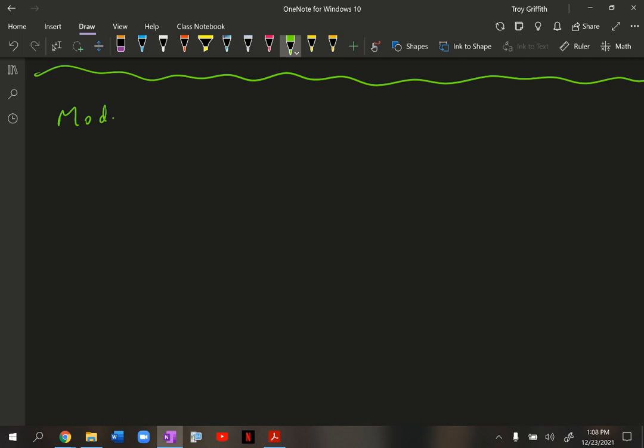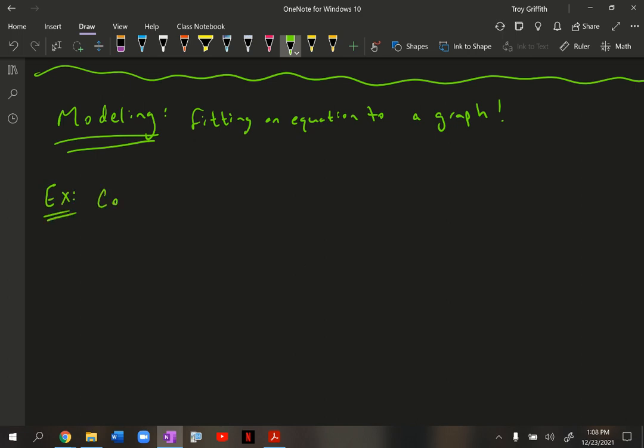We are going to call this modeling. Modeling is typically when you look at a graph, you look at some sort of data, and you try to come up with an equation that fits that data. Okay, so fitting an equation to a graph, essentially. That's a very elementary definition for modeling, but that is exactly what we're going to do here in this problem. So here's what we're going to do. We are going to come up with the equation of minimum degree for the following